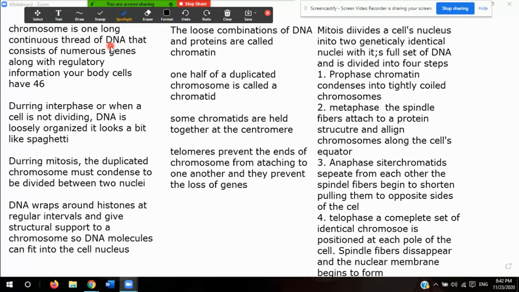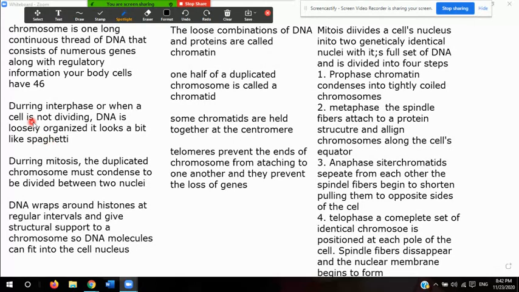It says a chromosome is one long continuous thread of DNA that consists of numerous genes along with regulatory information. So basically, a chromosome is a long strand of DNA that, if it were to be uncoiled, would be about 10 feet long. And our body has about 46 chromosomes, or 23 pairs. The chromosomes contain a lot of genes with information and regulatory information, like to avoid mutations or to trigger other